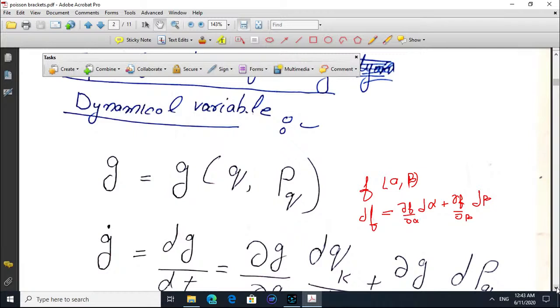If f is a function of two variables alpha and beta, then we know that the change in that function, df, will be partial f over partial alpha times d alpha, plus partial f over partial beta times d beta, where alpha and beta should be independent of